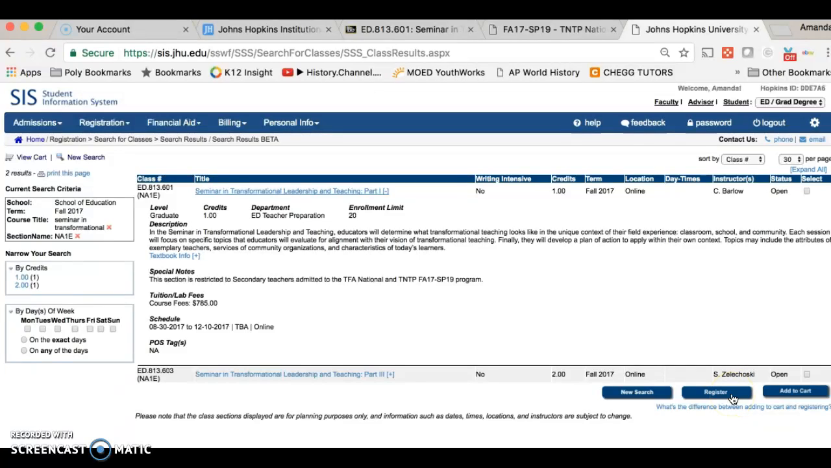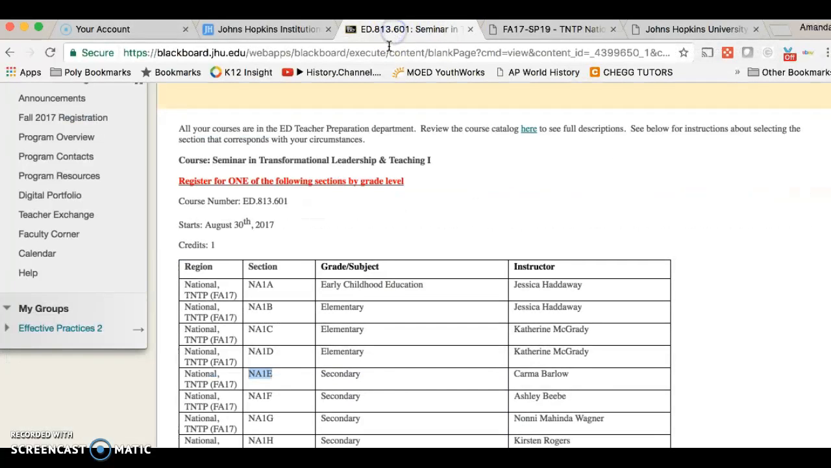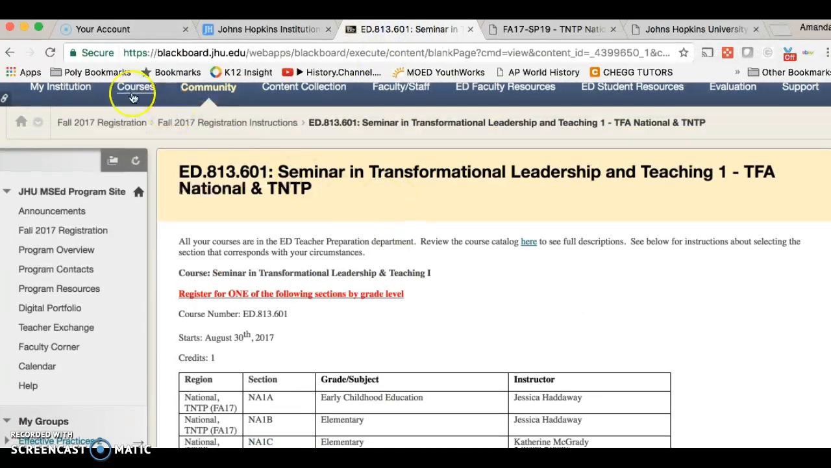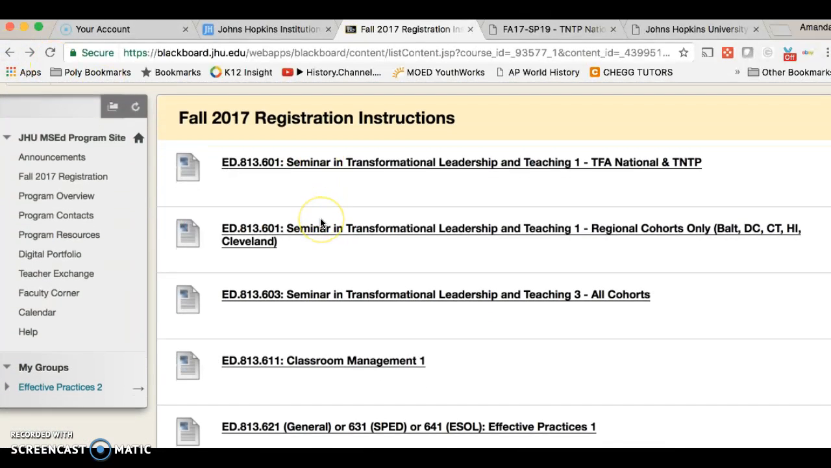I don't have the full register function because I'm not a student. I'm doing this in student view, but you would register, add it to your cart, and complete the registration. You'll repeat this again for the Independent Study 6 credit class, and we can find that information back on Blackboard. So we would go back to Blackboard, back up again,